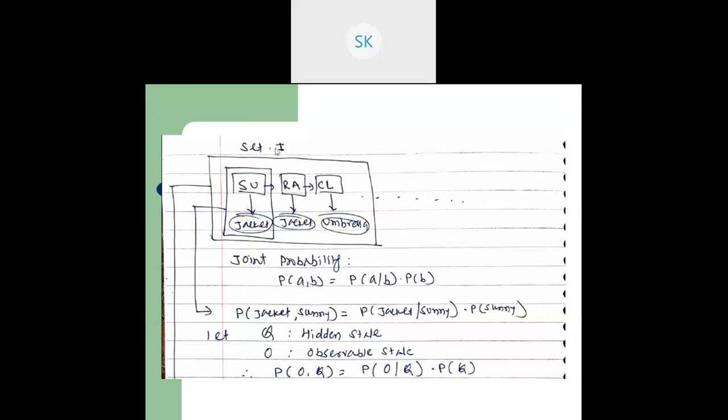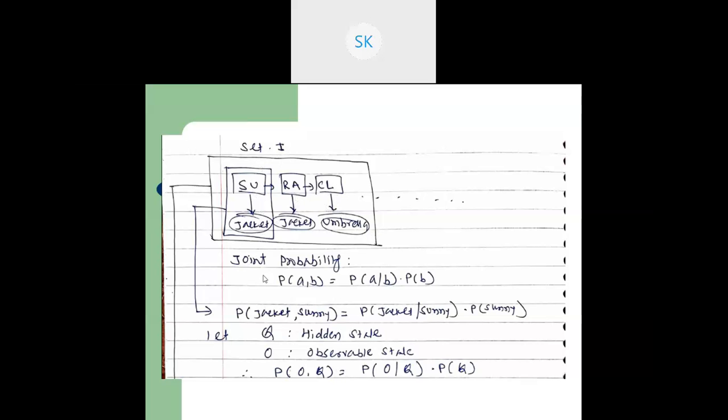Okay, so our state 1 diagram is here in the box. On state 1, the observations jacket, jacket and umbrella are given. The question is to find out the hidden state. So for one state we have taken the possibility that for jacket it is sunny, for the second jacket it is rainy, and for umbrella the weather will be cloudy.